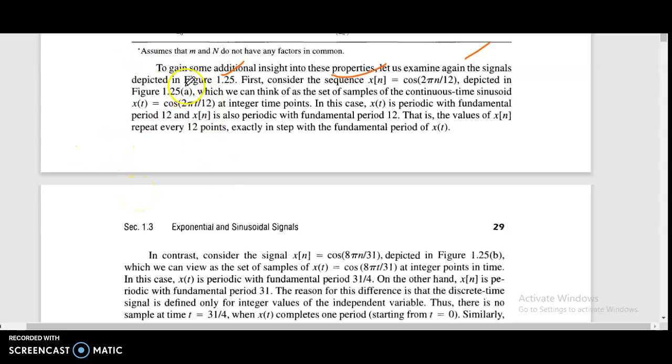To gain some additional insight into these properties, let us examine again the signals depicted in 1.25. First, consider the sequence x[n] = cos(2πn/12), depicted in figure 1.25a, which we can think of as the set of samples of the continuous-time sinusoid x(t) = cos(2πt/12) at integer time points. In this case, x(t) is periodic with fundamental